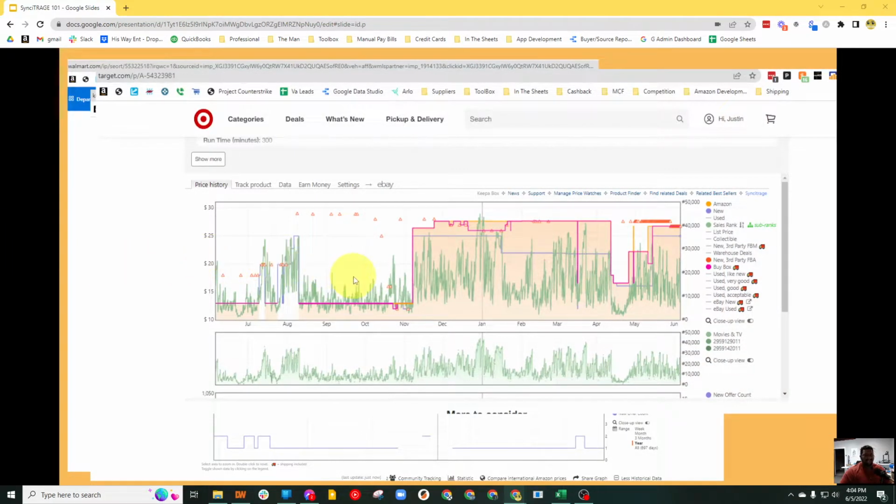You now have the ability to have dynamic Keepa charts on different retailers' websites. Now, before you get too excited, it only works with these three websites. We're going to be adding more websites in the very near future.